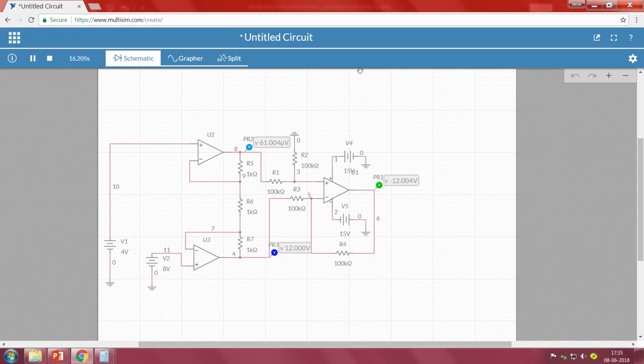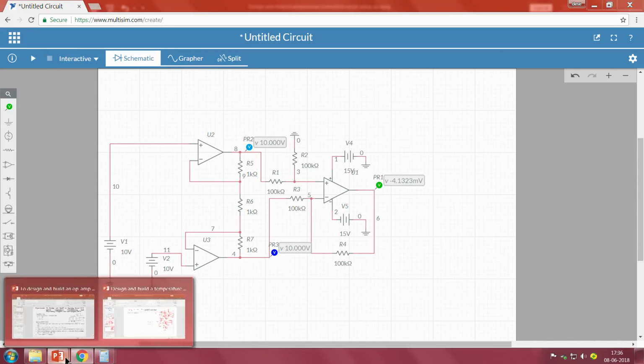Let me apply the same signal, which is 4 and 4 or 5 and 5, because that is the signal that we have used, 5 and 5. So, applying both 5 and 5, I got minus 4.0811 milli. So, this way we can even construct an instrumentation amplifier and we can calculate our CMRR value for the instrumentation amplifier too, right. Now we will see what is our actual thing.